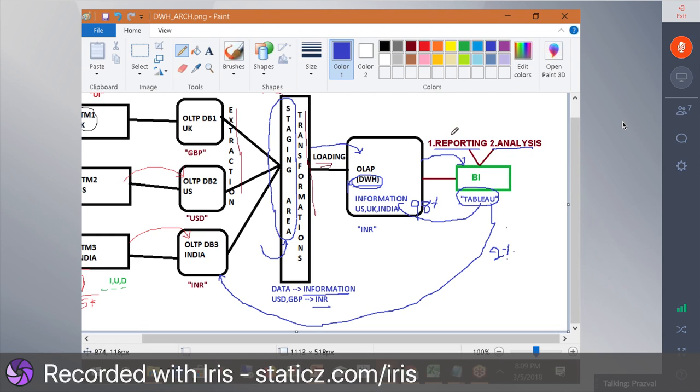What is the meaning of reporting? Reporting means extracting the required information from one business location. Extracting the required information from one business location is known as reporting. So on the 60 crore transactions in India, they want to see